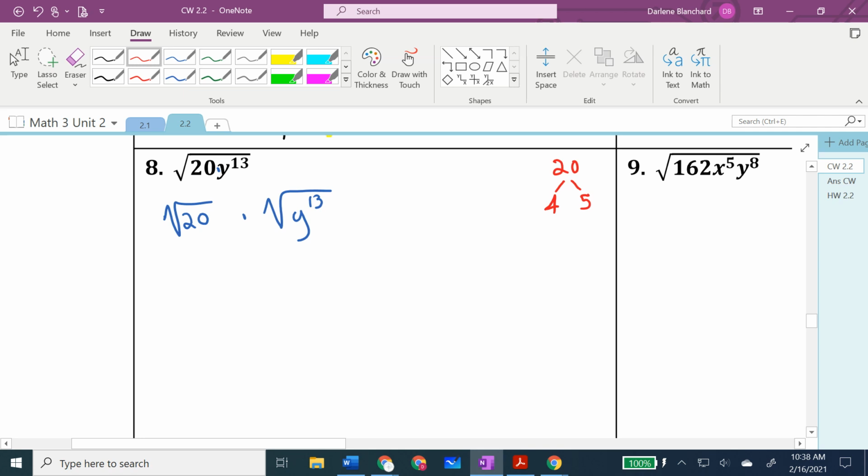If you look and keep an eye out for perfect square divisors, you might go through the problem faster. But if you don't see it, maybe you start off with 2 times 10. And then 10 is 2 times 5. And then when you look at it all together,